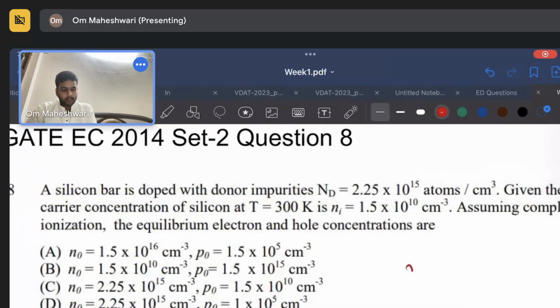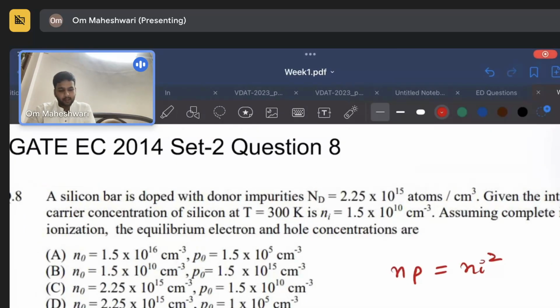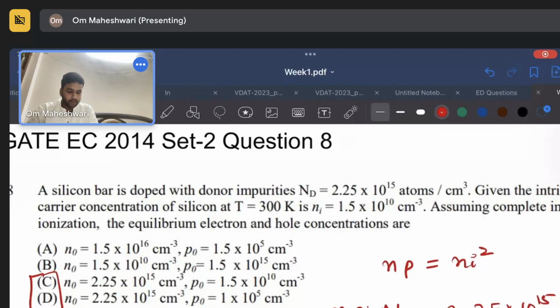So we know n into p is equal to ni square, right? Here n we can approximate as Nd, which is 2.25 into 10 to the power 15. So we already know n0 is 2.25 into 10 to the power 15 per centimeter cube. So the answer would be one of C or D. Okay. Now we have to find p0. So p0 will be ni square by Nd, which is 1.5 into 10 to the power 10, whole square,